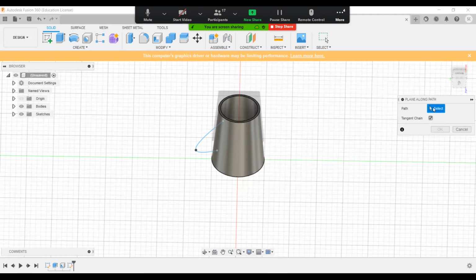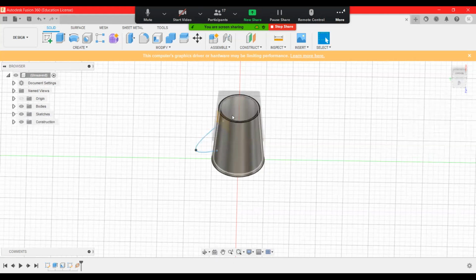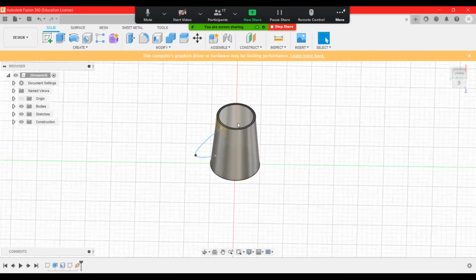This handle path which you have created. Drag this plane a little bit inside, in the direction of the arrow. Yes, no problem. That's fine. Till the end. Click OK. So plane has been created. Please zoom out a little.